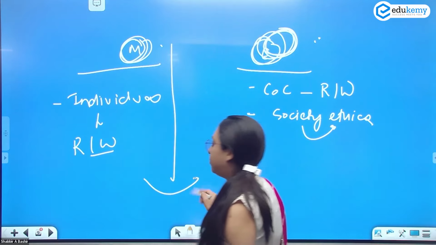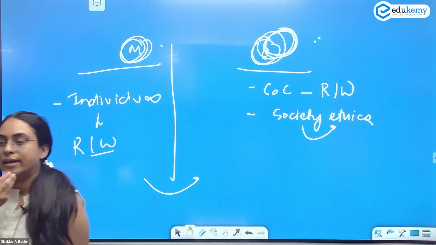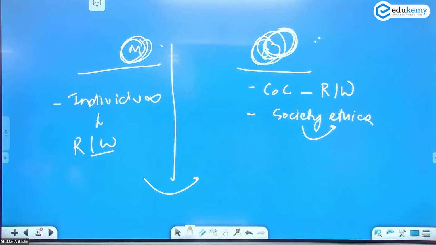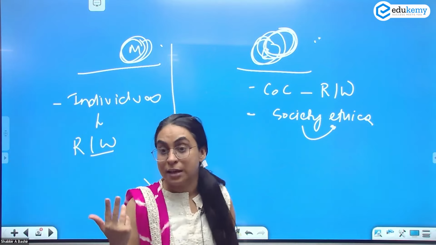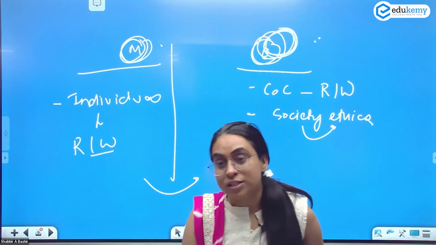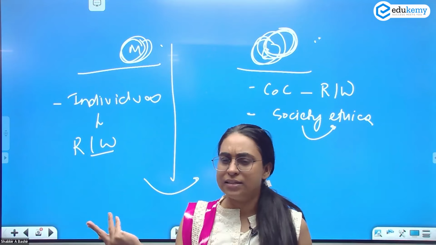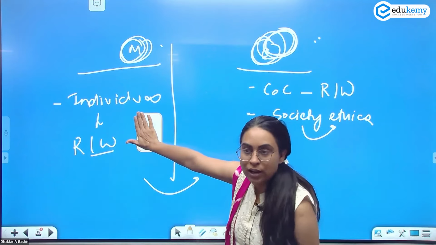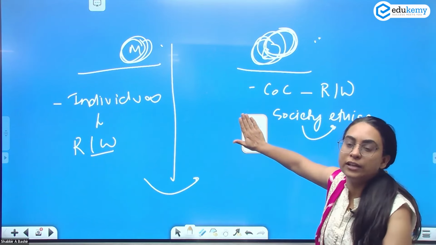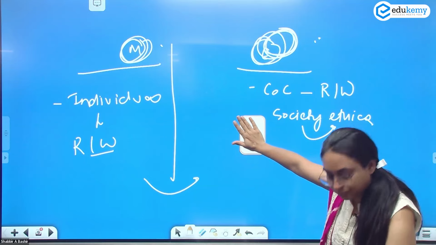एक perfect example. Can I say my society does not believe in the same-sex marriage. But is it possible that I, as an individual, can believe in the same-sex marriage? I can say that what is wrong in same-sex marriage? So ये क्या है? ये मेरी morality है. But my society is not believing in the same-sex marriage. That is what societal ethics is.